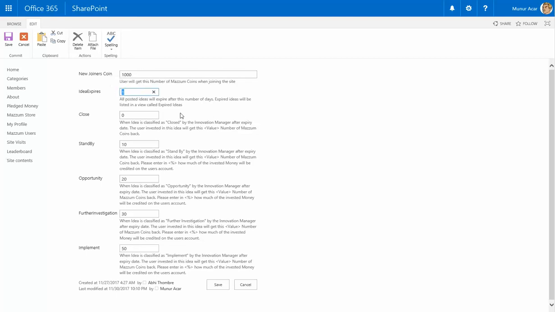Now, the other thing you have to understand in the idea market of Mazzum is that we have different statuses. What happens with the idea after this 1 day? Will this idea be closed? Will this idea be categorized as a standby? Will this idea be classified as an opportunity, for further investigation and implementation? And these values in the boxes that you set are actually the return on investment the idea